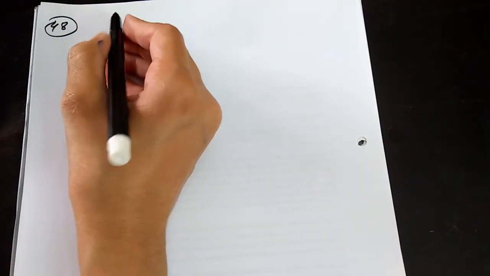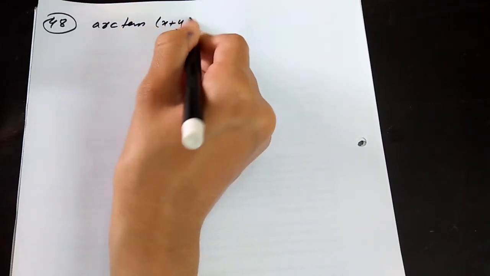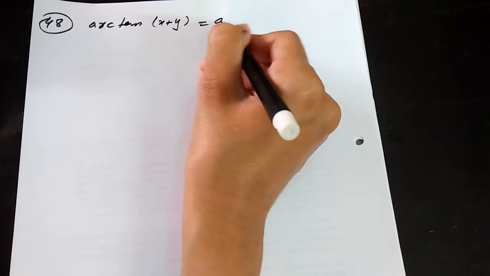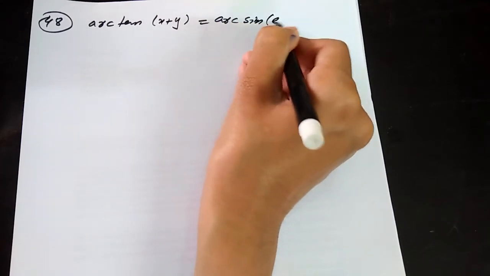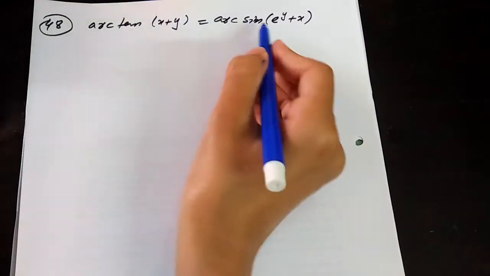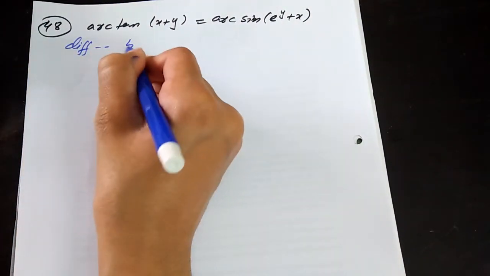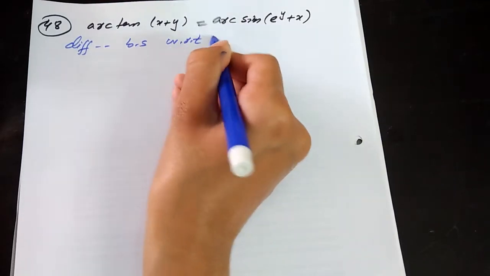We have the implicit function arc tangent of x plus y equals arc sine of e raised to power y plus x. Now we need to differentiate this function. We need to find dy by dx here. For that purpose, differentiating both sides with respect to x,